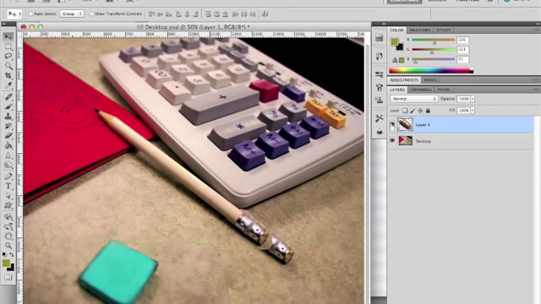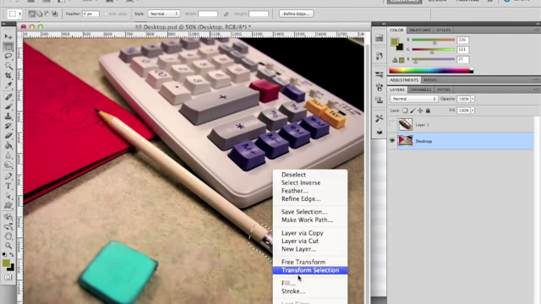Let's turn the eye off layer 1 again. Go back to our desktop layer. What we need to do is make this part disappear. Okay, so I'm just having a look. We want from here to disappear. So again, get the lasso tool, go around this area, get the selection tool, right click, fill,